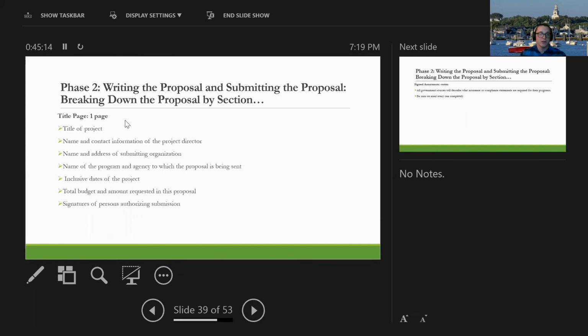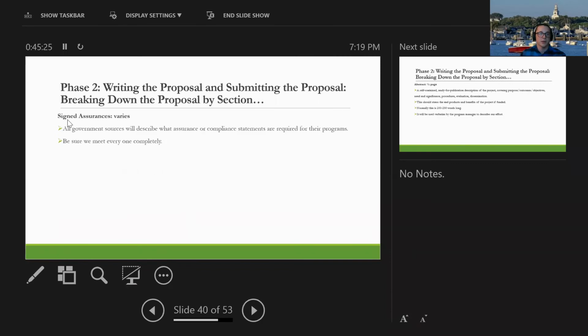And so we talk about the title page. Title page, I wouldn't get bogged down in this. You can include it, you cannot include it. I wouldn't get too worried about a title page. I'm not going to spend much time on that. I talk about signage assurances. Really have those high-ranking officials sign off on that. As a grant writer, especially for Lyon College, I never signed off on an LOI or a grant proposal. It was always the provost. It was always the president. It was always my VPA, my vice president for advancement. I was essentially a ghostwriter.